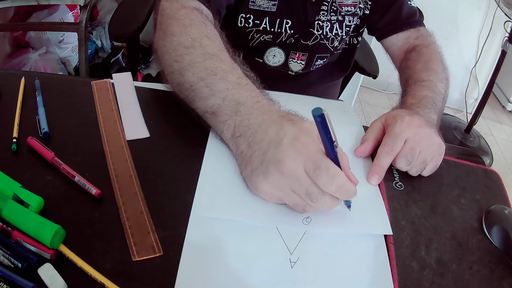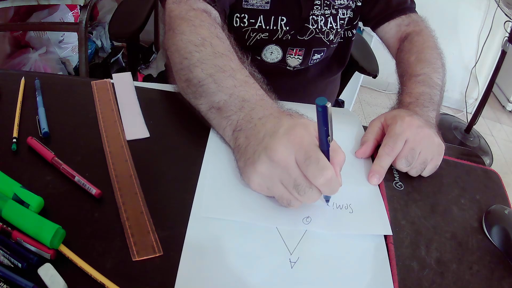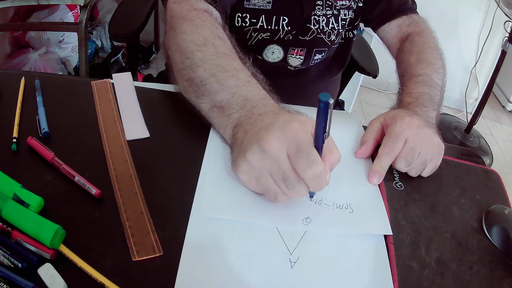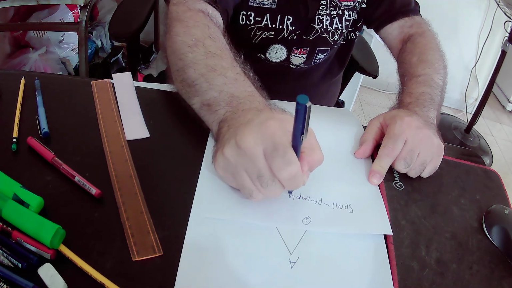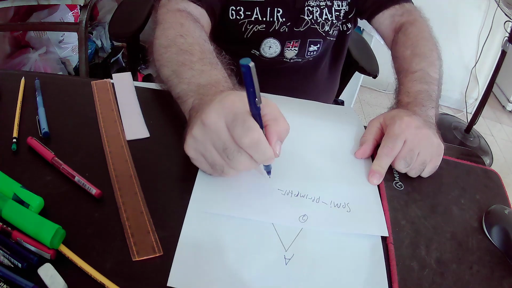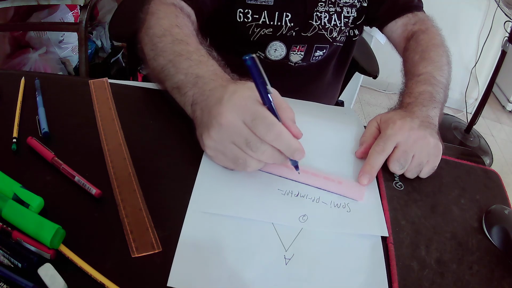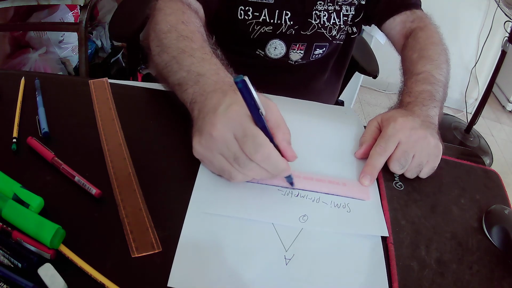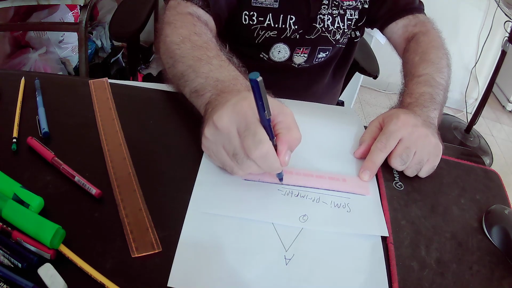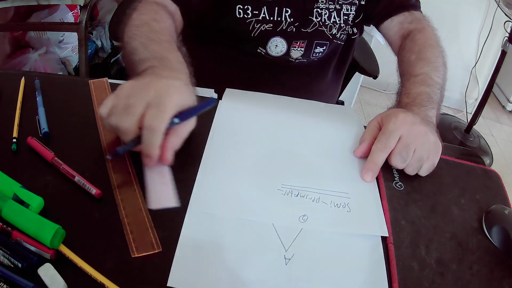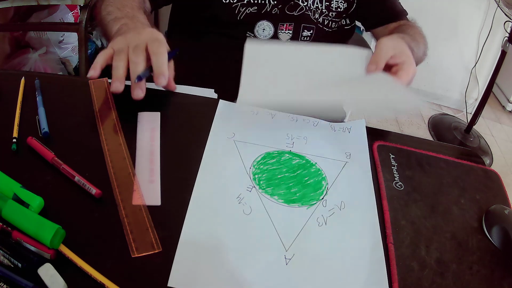Actually, the semi-perimeter of any triangle equals the perimeter of the triangle over 2, or the sum of its sides, that is to say, the sum of the sides of a triangle,